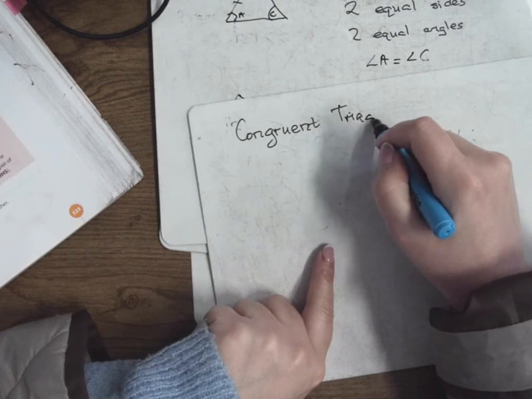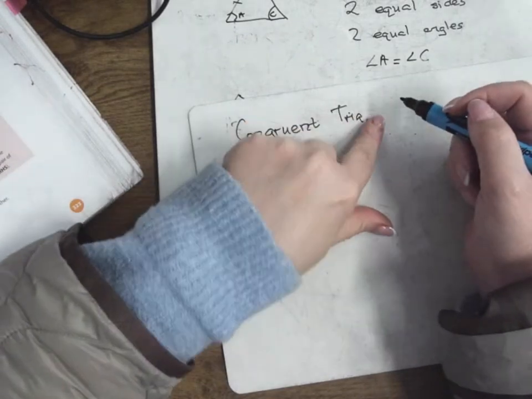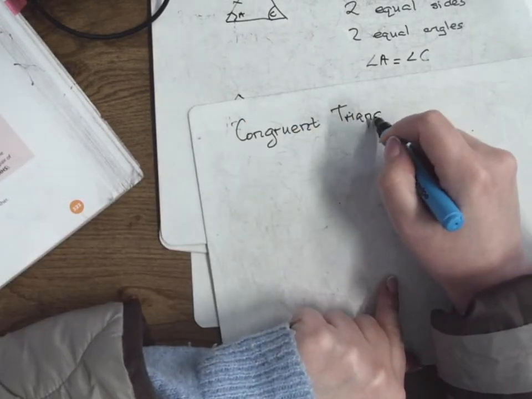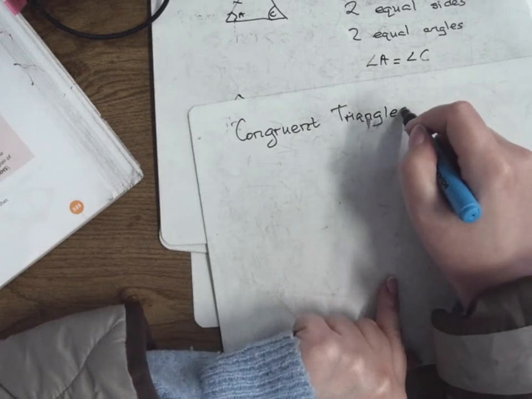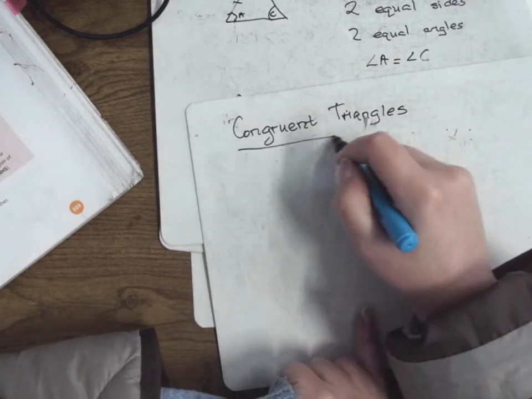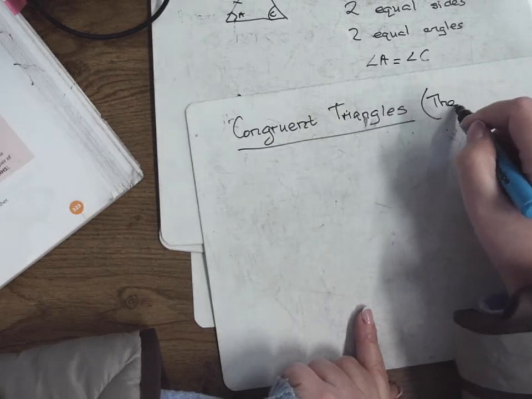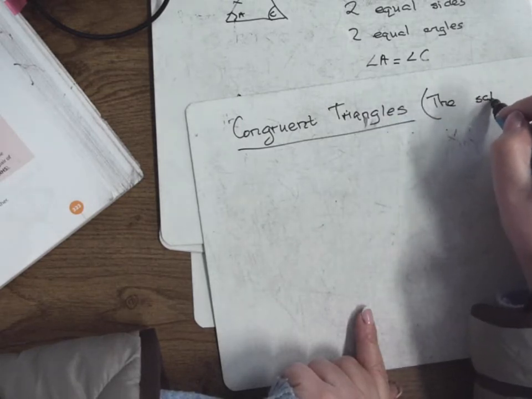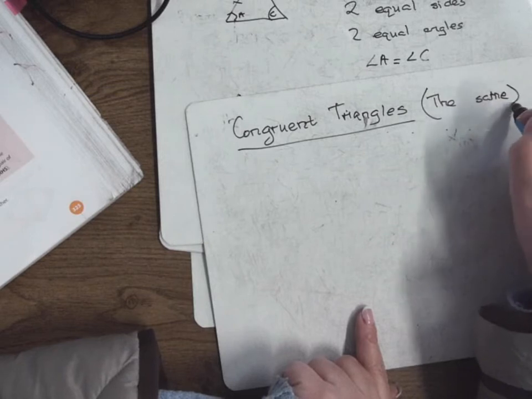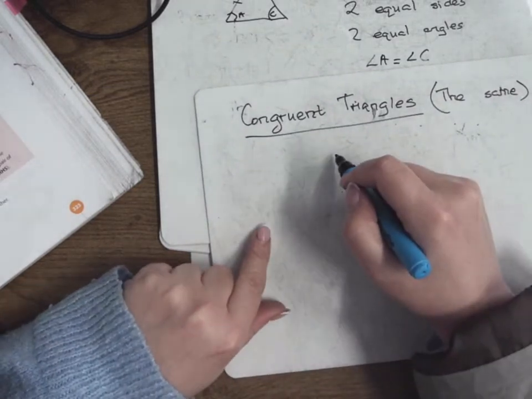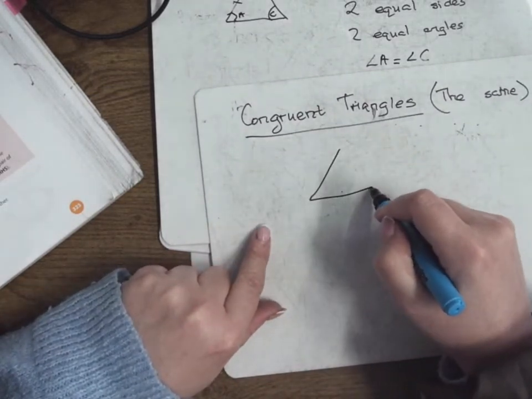Congruent triangles. So they're exactly the same. So if you're trying to prove that these two triangles are exactly the same,